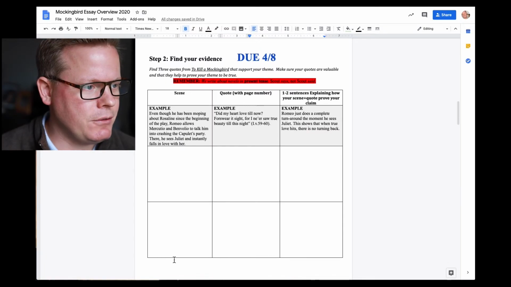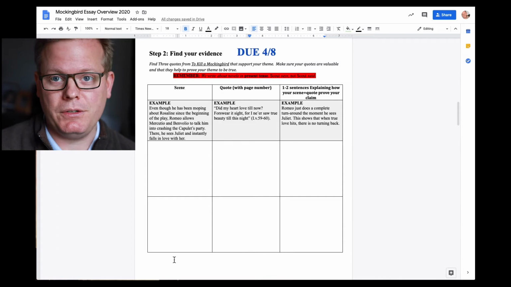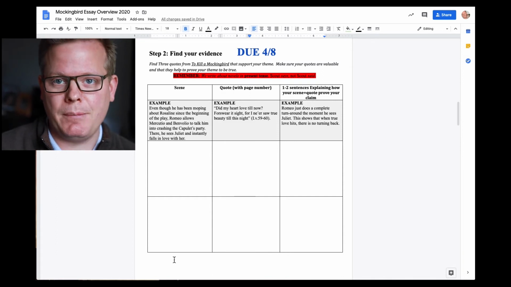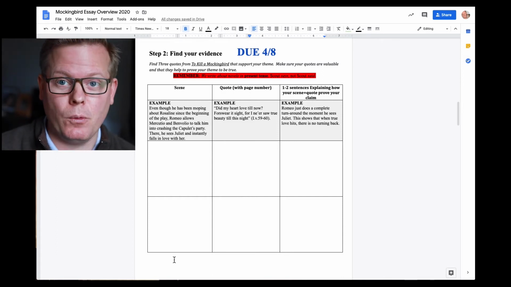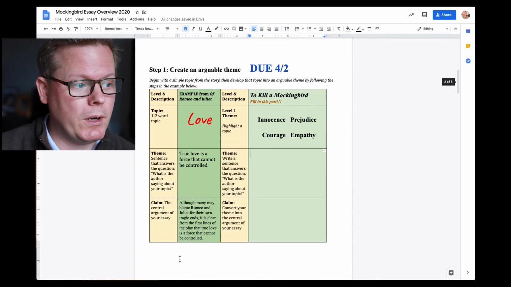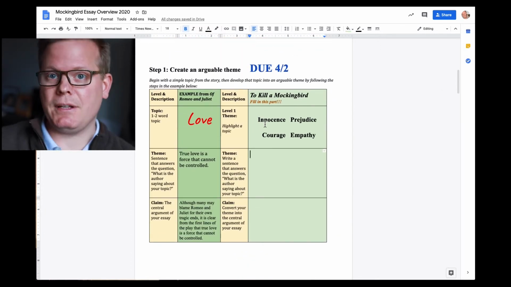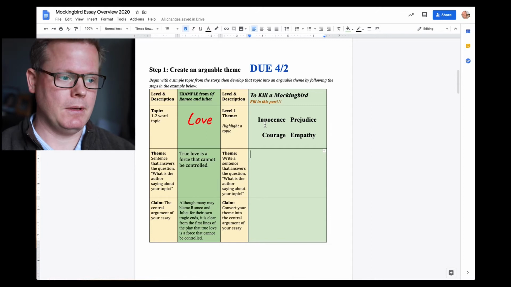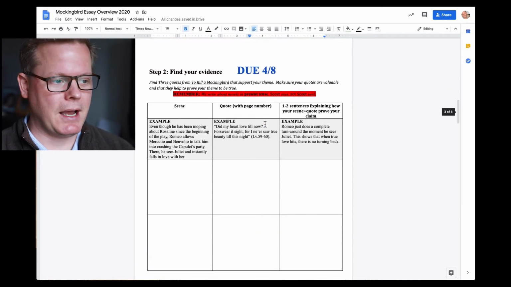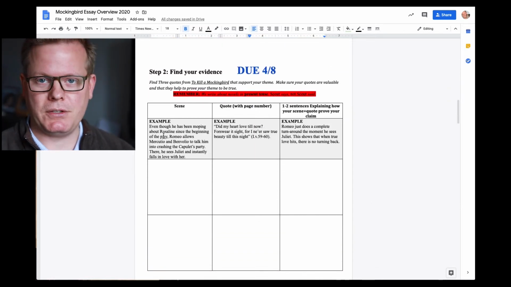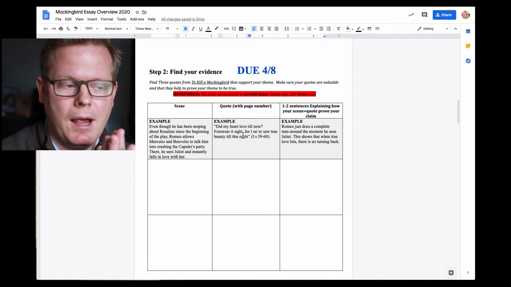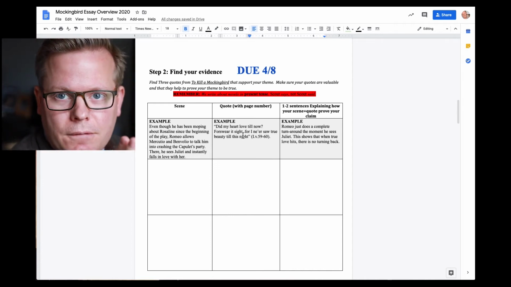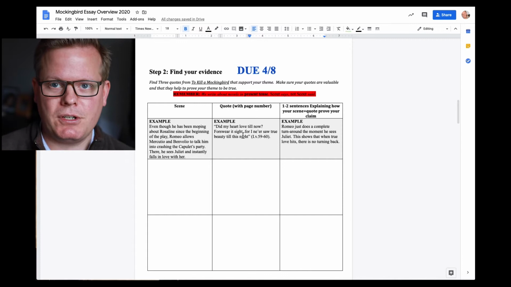So looking at step 2, finding your evidence. This is where you dig through the book and you find those examples. You've probably done a little bit of digging already because you had to think about what your theme was going to be, and by looking at the evidence you're like, oh, look at that pattern, here's my theme. So now I just want to make sure that you understand what these 3 boxes are for, because if you really focus on that, then you should be in pretty good shape for the rest of it.